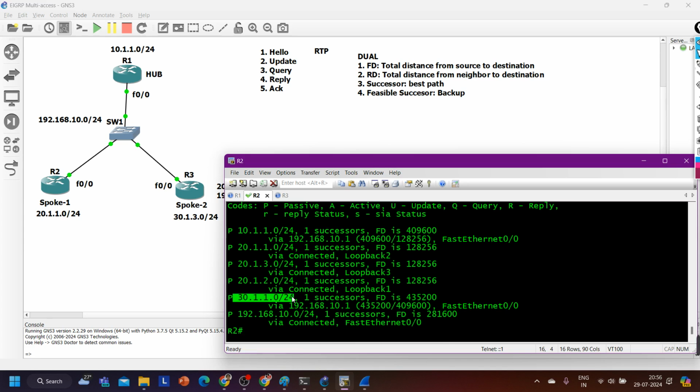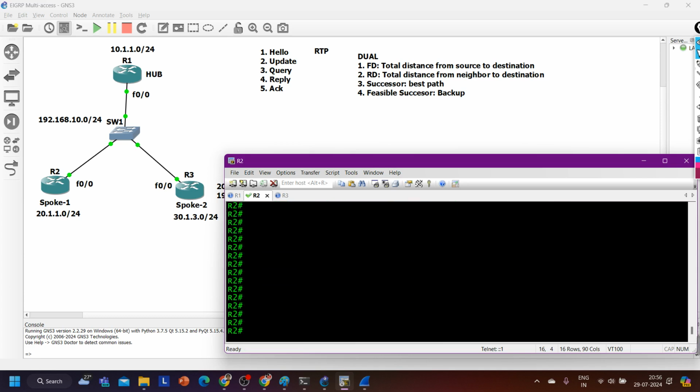Now router 2 is learning the 30 network, and what is the next hop IP, guys? The IP address of the hub router. That means these two branch offices will communicate via the hub router. Ping